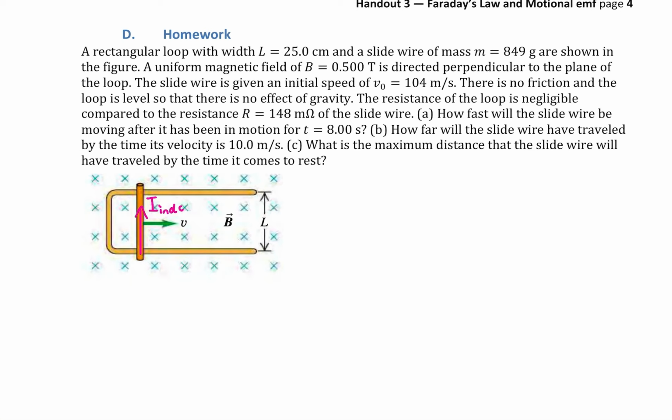Now let's do another right-hand rule to determine the direction of the force acting on this wire. So we did one right-hand rule to find the direction of the induced current. Now we're going to find the direction of the force from the magnetic field on that induced current. So I'm going to use my thumb for the induced current, and again my index finger for the magnetic field, which is going to point into the page again. That's going to cause my palm as well as my middle finger to point in the direction of the